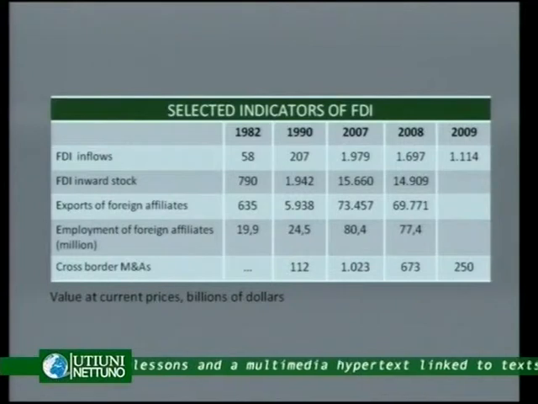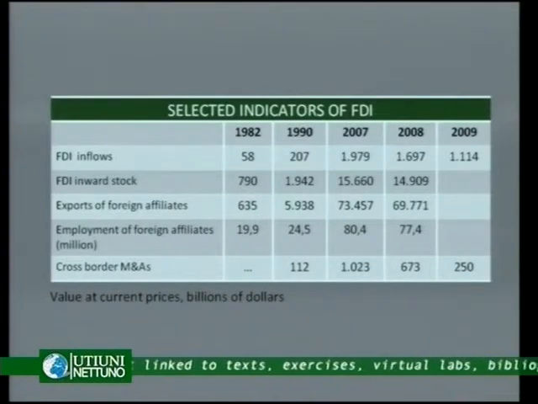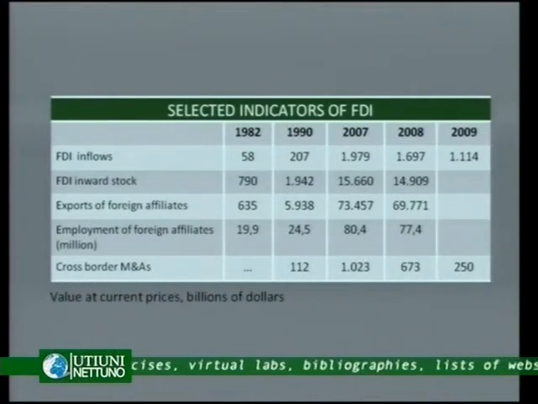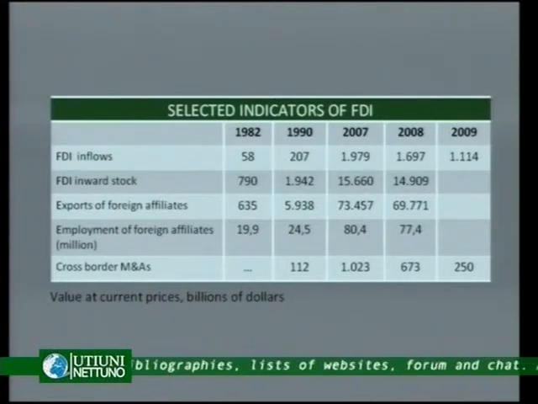The stock of inward foreign direct investment increased from 790 billion dollars in 1982 to 14,000, almost 15,000 billion dollars in 2008. So you see, it's a huge increase of the stock of foreign direct investments, but also of the flows of investments